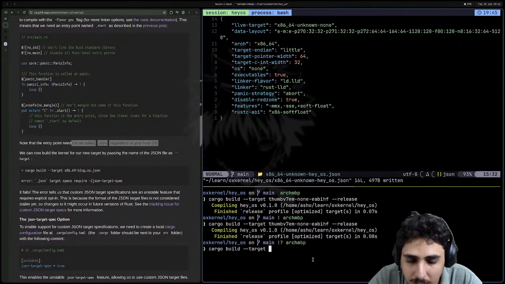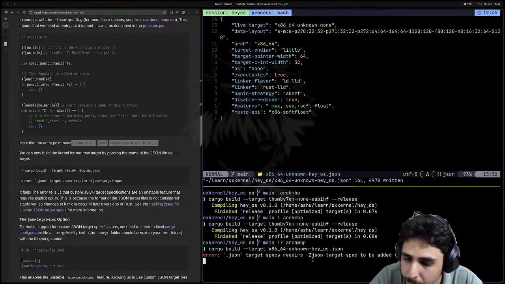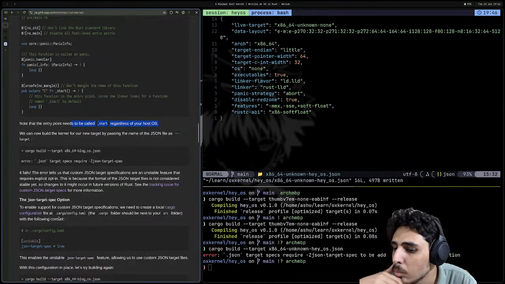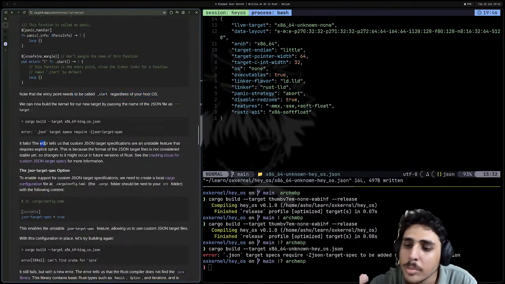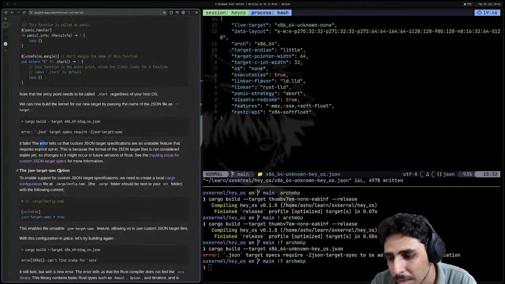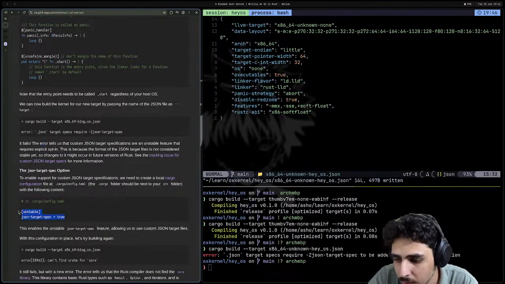Oh yeah, of course this will work, right? I have to give the target as this. And I got the JSON target thingy. So what's the thing? It tells us that custom JSON target specifications are an unstable feature and need to be enabled. Is that why we need nightly? No, it's a